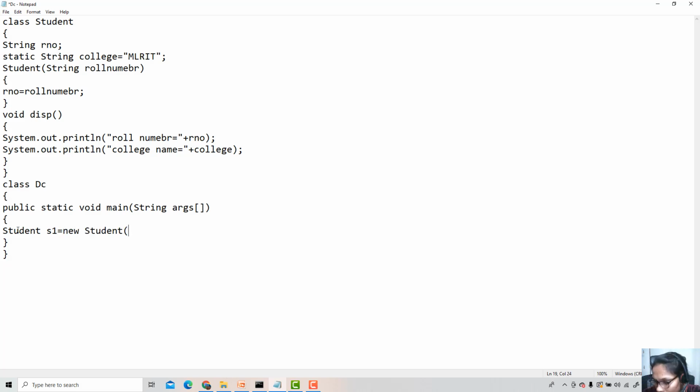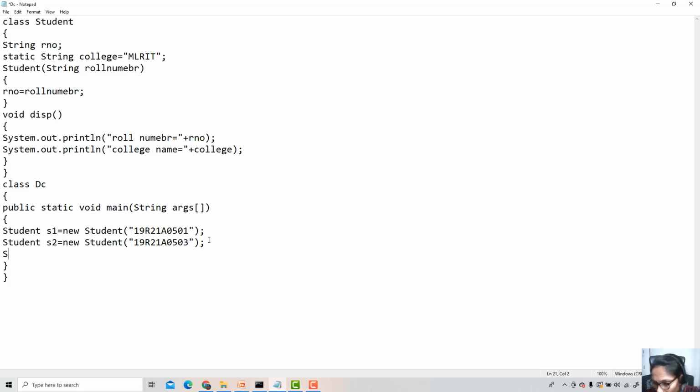This constructor is expecting one parameter, so 19R21E0501 is the roll number, and then I'm creating one more student, S2, with some other roll number, 503.